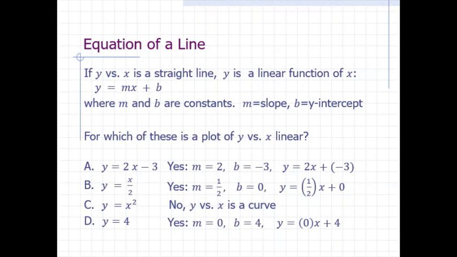We don't see an x in the expression, but this is what we get if m is 0. 0 times x is equal to 0, and we don't have to write it. In other words, the equation y equals 4 is essentially the same as the equation y equals 0 times x plus 4. So in this case, m is 0 and b is 4. What this equation is basically saying is that regardless of what x is, y is equal to 4. This equation describes a horizontal line. A zero slope implies a horizontal line.